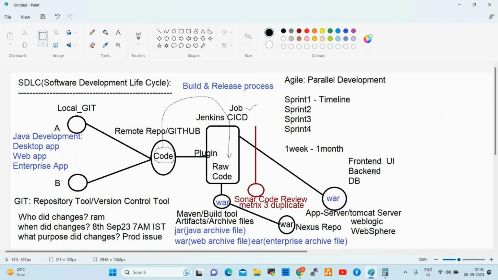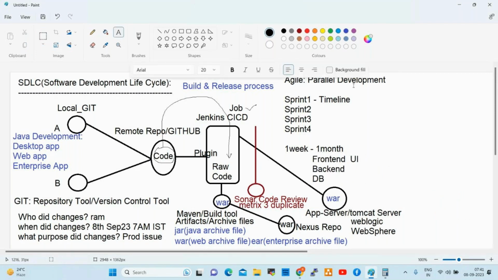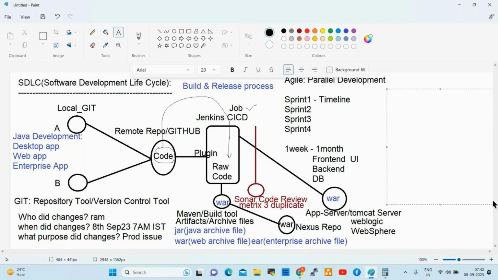We have other very core, very advanced tools: Ansible, Docker, Kubernetes, Terraform, and Grafana. Grafana is a monitoring tool, right?